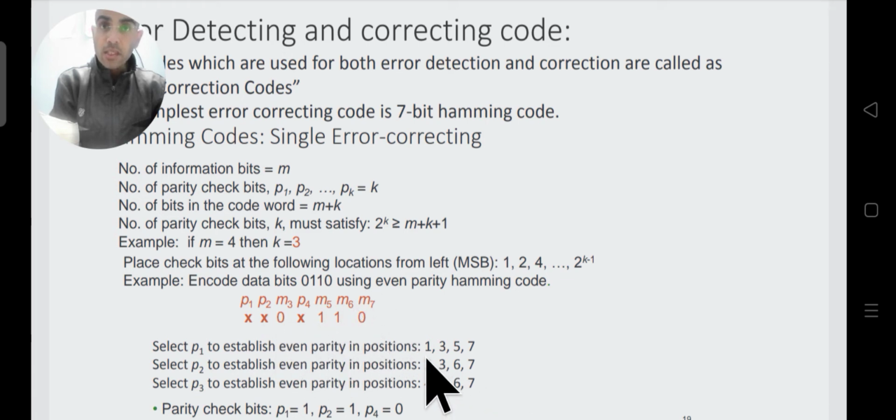So the bits at these locations 1, 3, 5, 7 will be taken as the first group. And when we say that we want to form an even parity Hamming code, it means that the 1, 3, 5, 7 subgroup should have an even number of ones in it. Why have we chosen 1, 3, 5, 7?